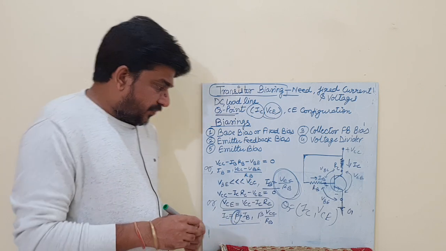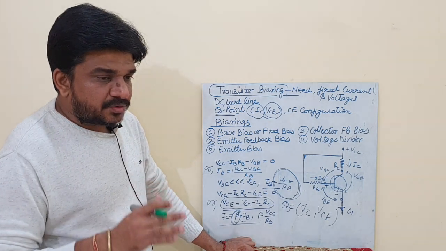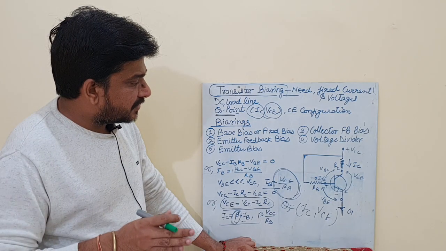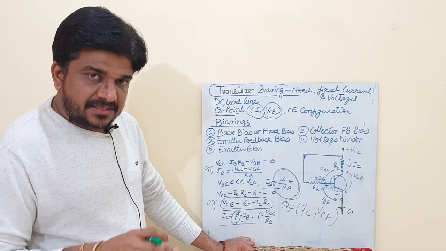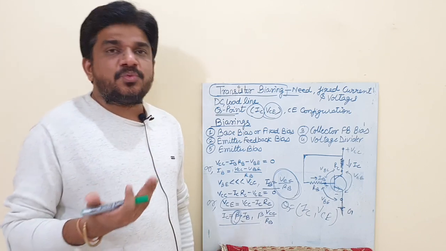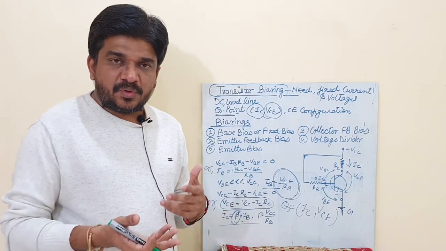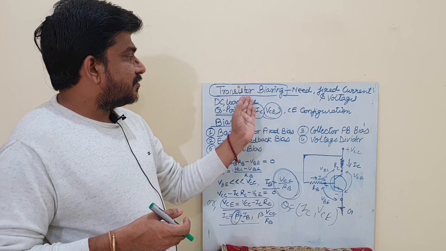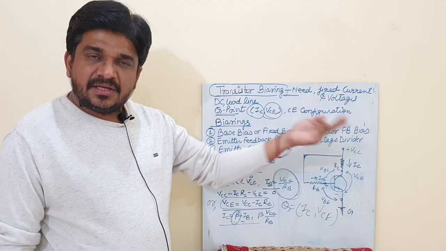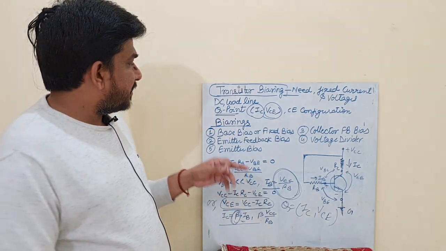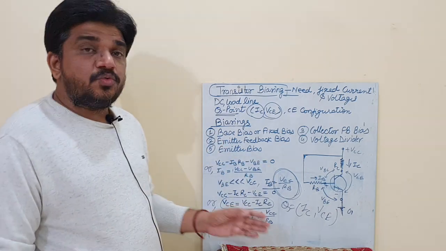Now the question arises how we will find this. The questions are of two types in your examinations. First, they can directly ask what is biasing, why we are doing biasing, and explain any two types of biasings. So you can explain all the theoretical part which I have told you, starting from the need, then the currents and voltages, their output characteristics, then load line, Q point, and then you can explain any two biasings.